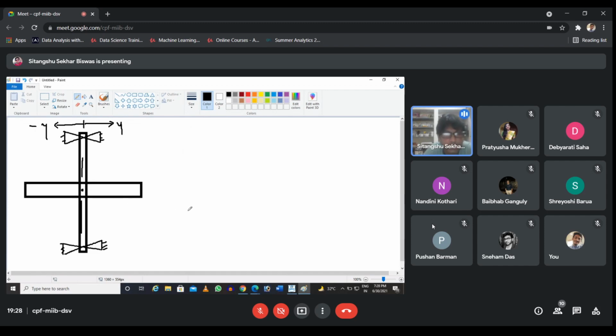Now if the center of mass of the entire assembly is coinciding with the center of this axis, then the vibration will be very less. But due to some reason, say the center of mass is somewhere here, and we already learned this distance is called the eccentricity. Okay, and the entire mass of the rotor assembly will work through this point.